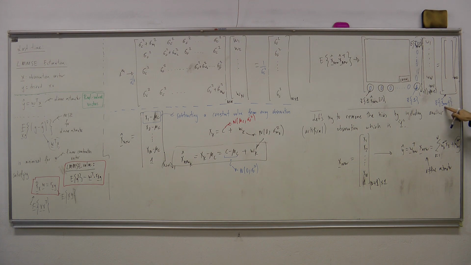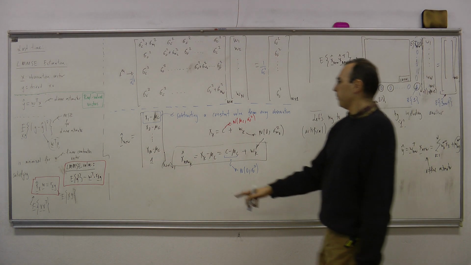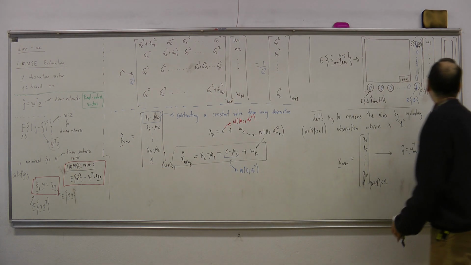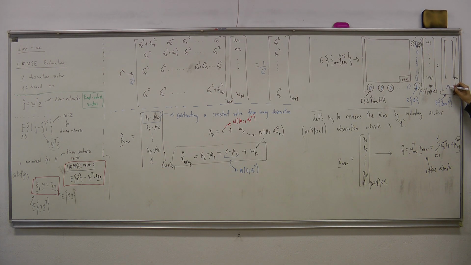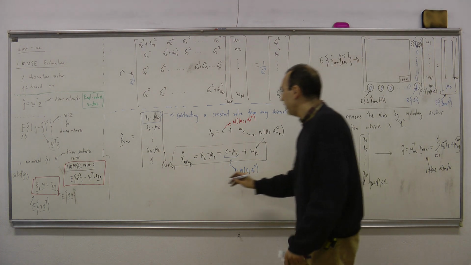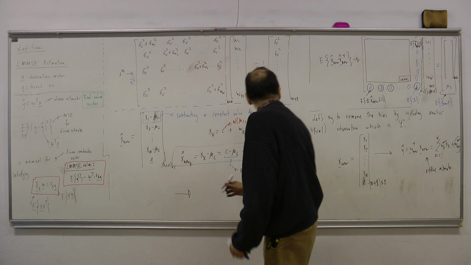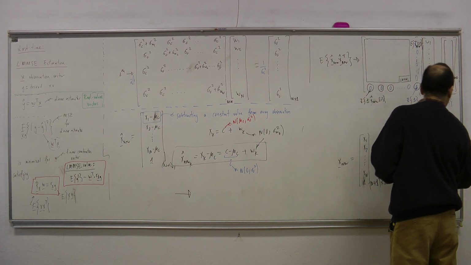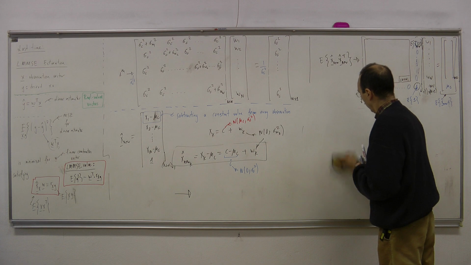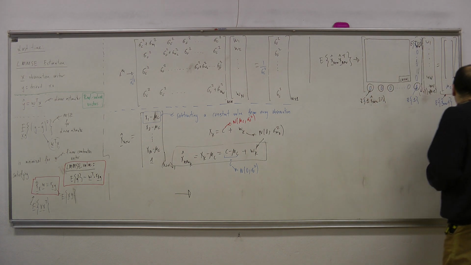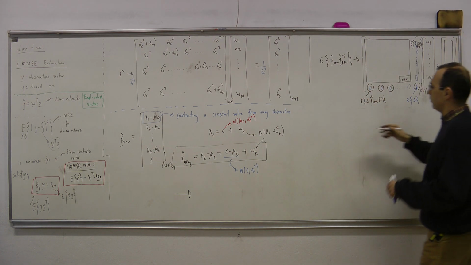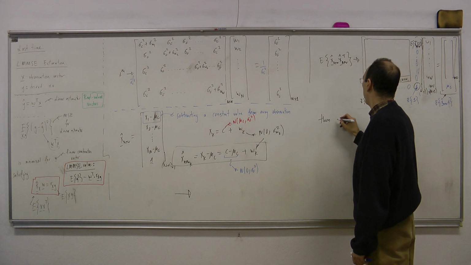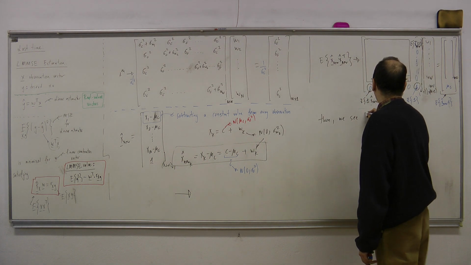So what is this? Last entry times C. Last entry times C is the expected value of C. So this is the mu C. So what do I see? I see the following. Then we see that